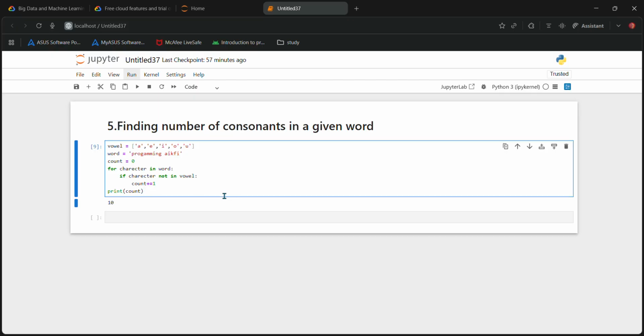This is the assigning. There are two ways to write this line. Let me print. Yeah, here we got the same output 10. Let me count the number of consonants: P, R, G, M, N, G, K, F. Yes, here we have 10 elements in the string